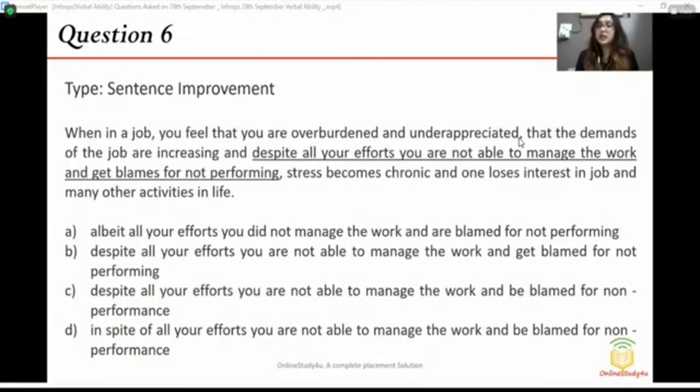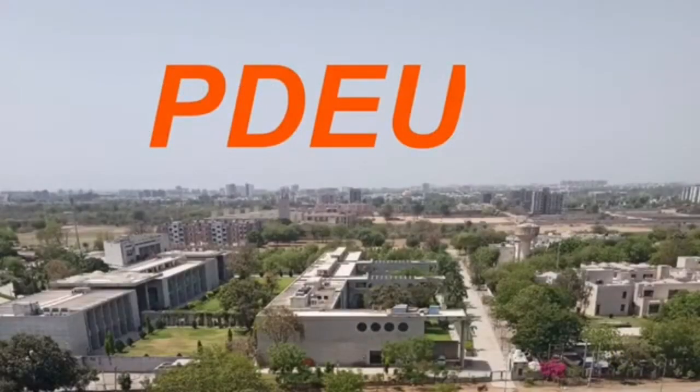Now, sentence improvement. When in a job, you feel that you are overburdened and underappreciated, that the demands of the job are increasing, and despite all your efforts, you're not able to manage the work and get blamed for not performing, stress becoming chronic, and one loses interest in job and many other activities in life. Again, if you see, it's a long sentence, but